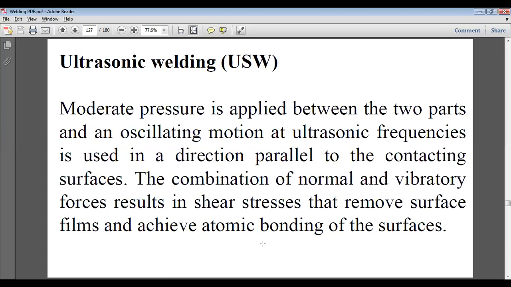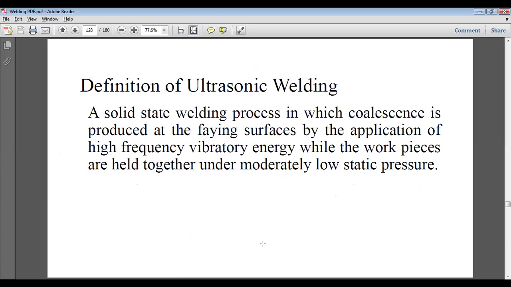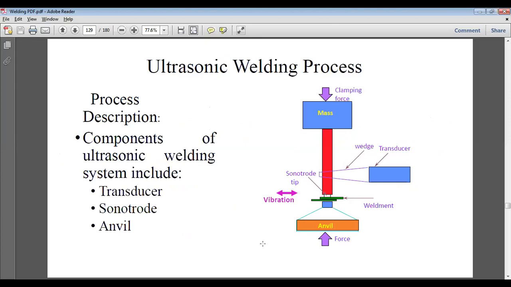So by application of these high energy rate beams, we can produce any type of joint, and we can weld any metal. How thick it is, or how high a melting temperature it has, we are not concerned about that. Any hard metal or metal plates with too much thickness can be welded by these high energy rate beams, ultrasonic beams and laser beams. These work on the same pattern, and we are producing heat on the basis of these high energy rate beams.